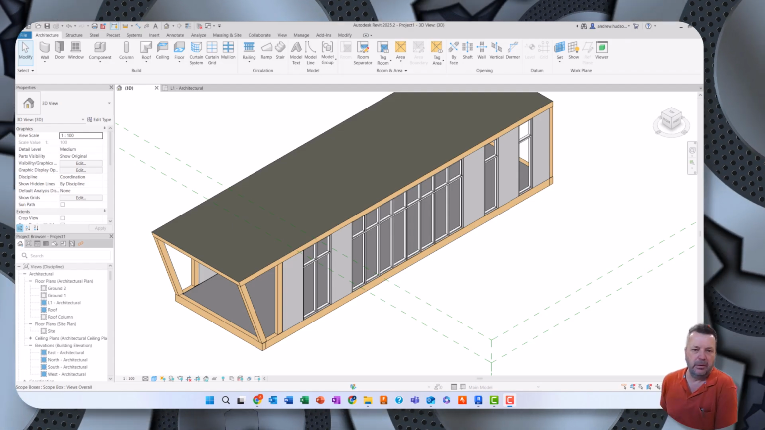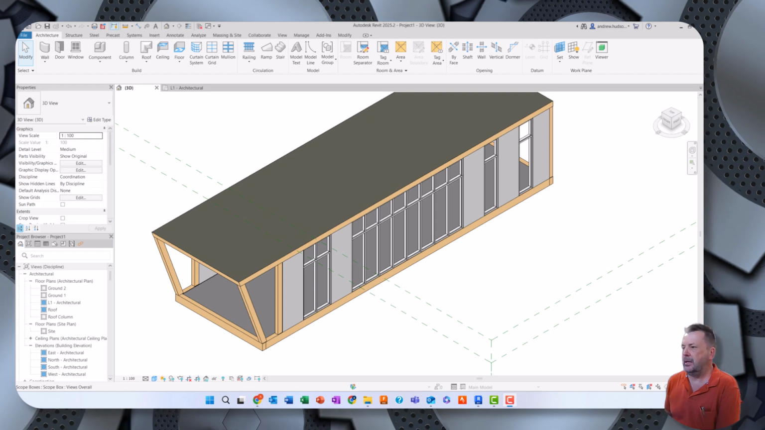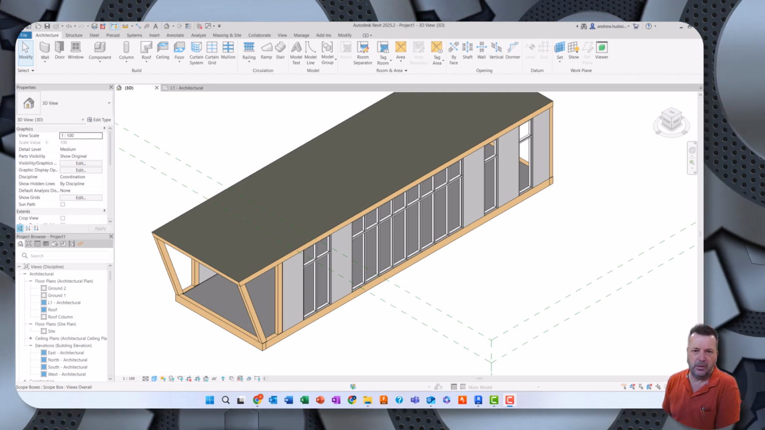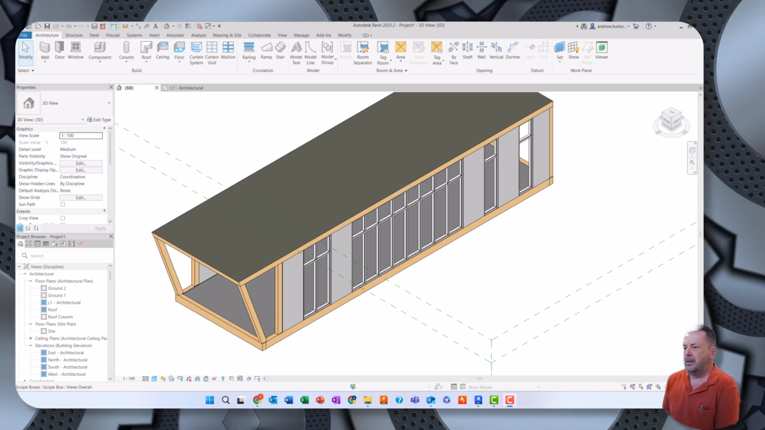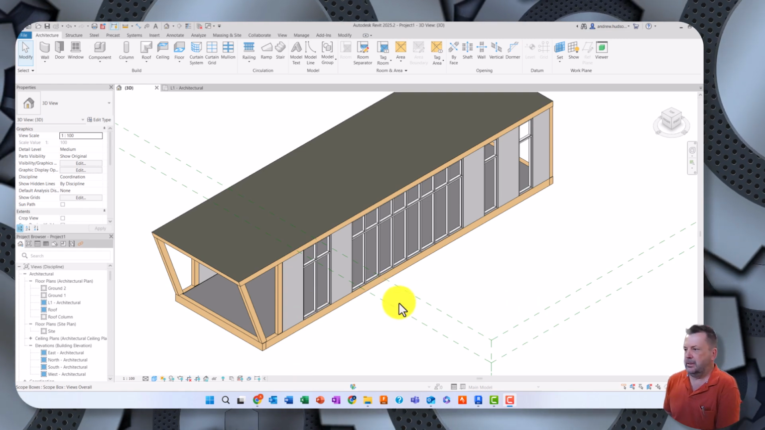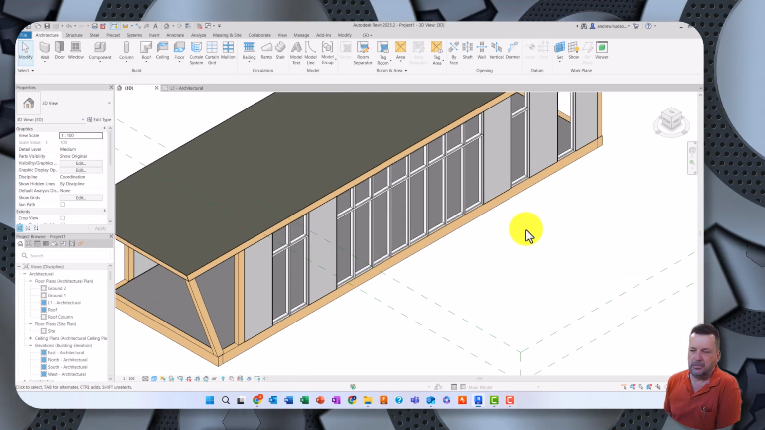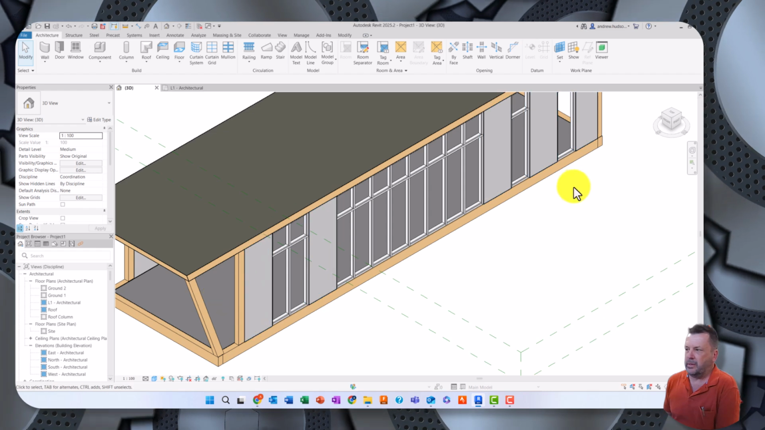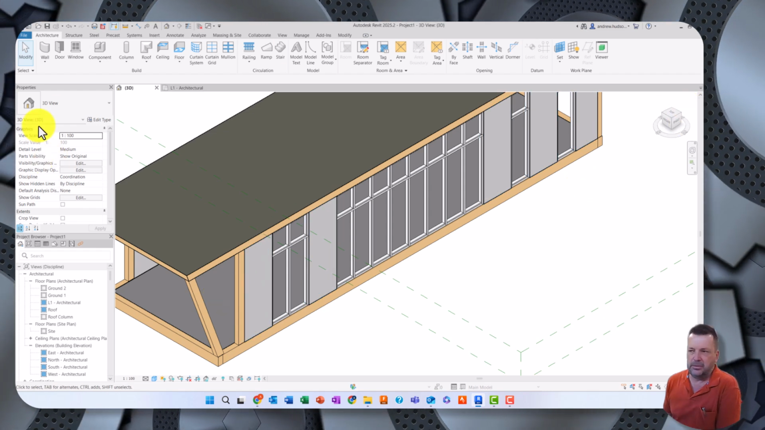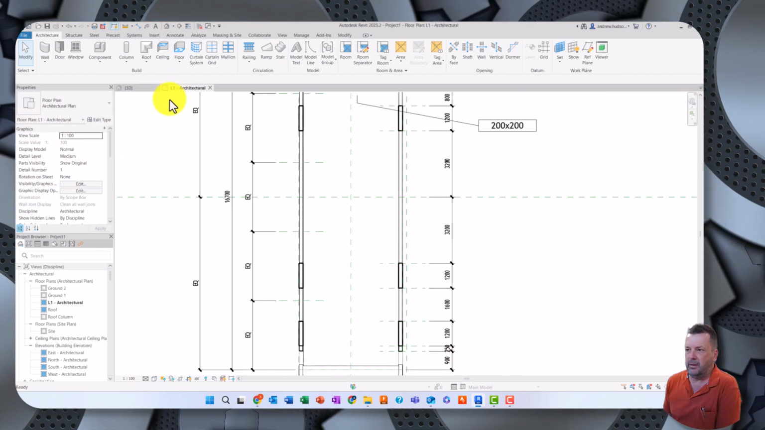Okay, so this one here, we're going to do a little bit of cleaning up, and then we're going to start our foundations, and we're going to do the rear foundation. So looking at our house now, it's looking quite good. However, it's a little bit breezy because we don't have a wall at the front or the rear. So what we're going to do is jump into the level 1 architecture